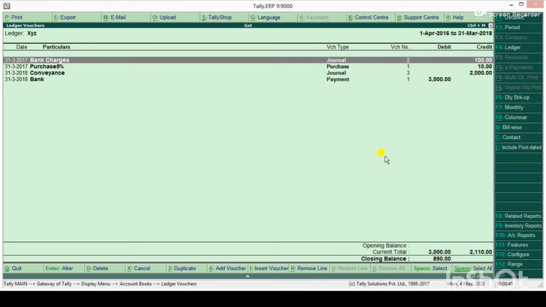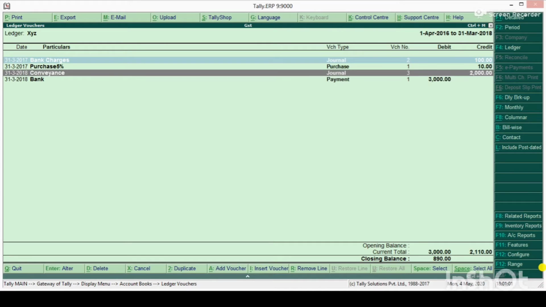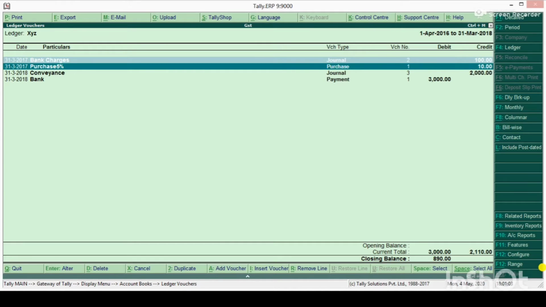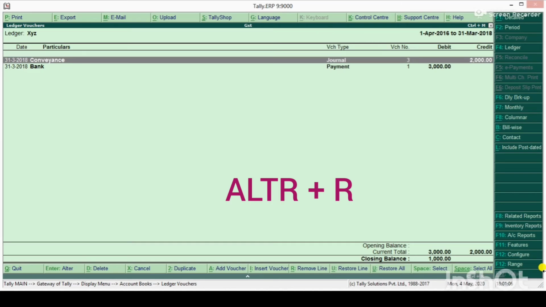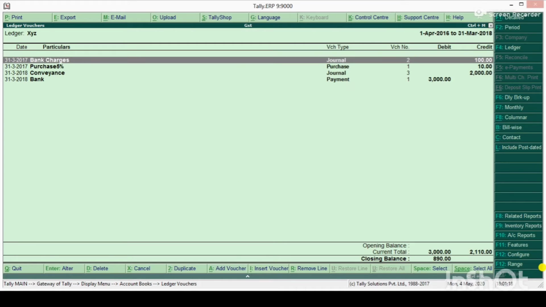Now if I want to hide some of the transactions, because I don't want to see one or two transactions, then I will simply press space on whichever entry I want to select, then press Alt R, so the selected entry will be hidden. And if I want to get it back, then I have to press Alt U. So one by one the entries will be reflected again.